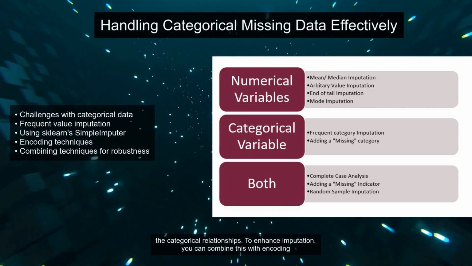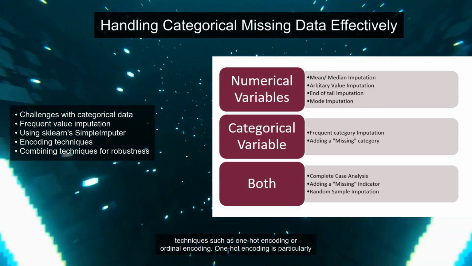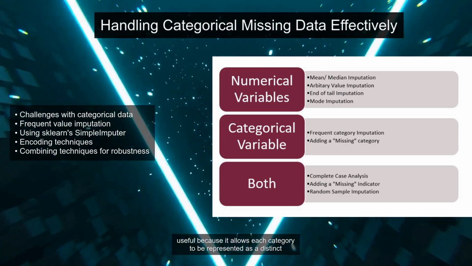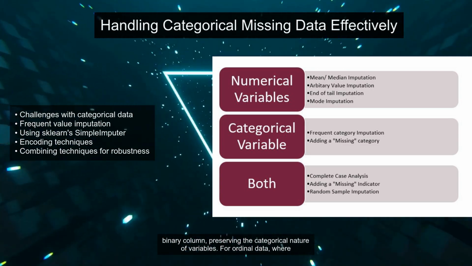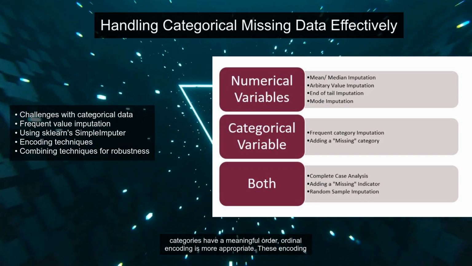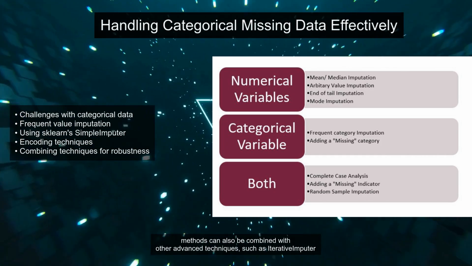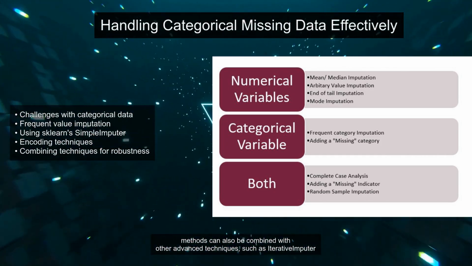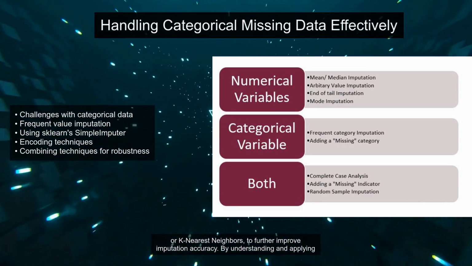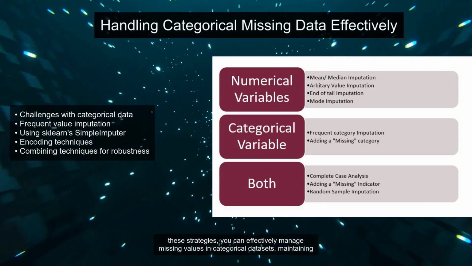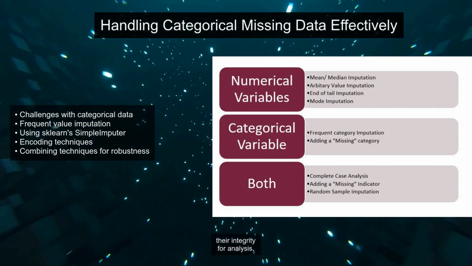To enhance imputation, you can combine this with encoding techniques such as one-hot encoding or ordinal encoding. One-hot encoding is particularly useful because it allows each category to be represented as a distinct binary column, preserving the categorical nature of variables. For ordinal data, where categories have a meaningful order, ordinal encoding is more appropriate. These encoding methods can also be combined with other advanced techniques, such as iterative imputer or k-nearest neighbors, to further improve imputation accuracy. By understanding and applying these strategies, you can effectively manage missing values in categorical datasets, maintaining their